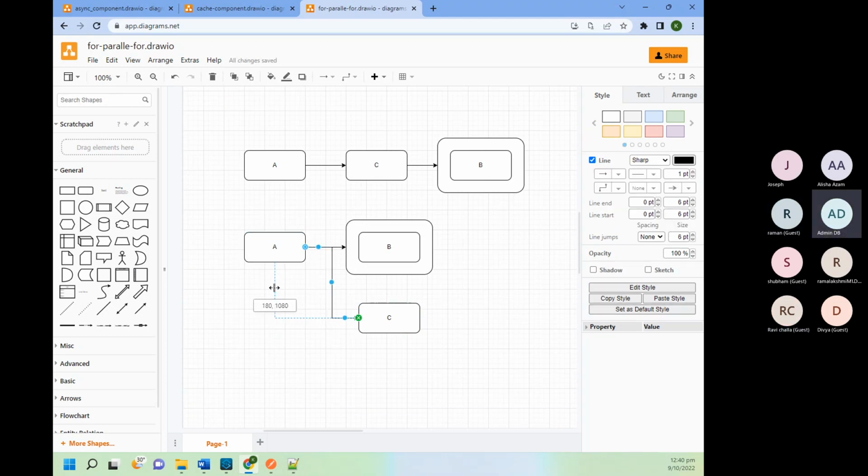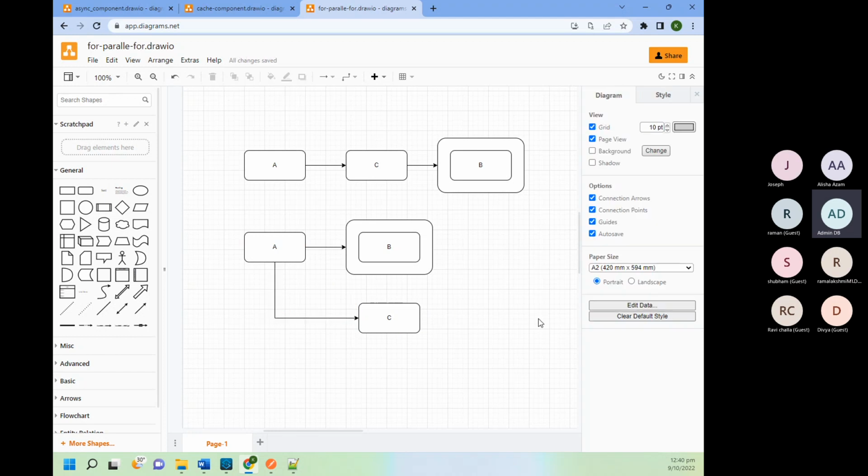This is correct answer, but why you want to do this? Can you explain this? Yeah, because of A request, B and C are getting the request from the A only. So if you connect it from B to C, that means C is expecting the request from the B, not from A. But it is async. We can store A response in some variable and later on we can use.